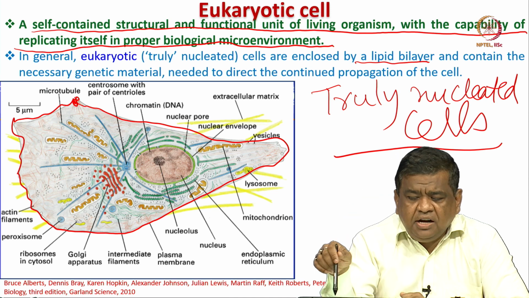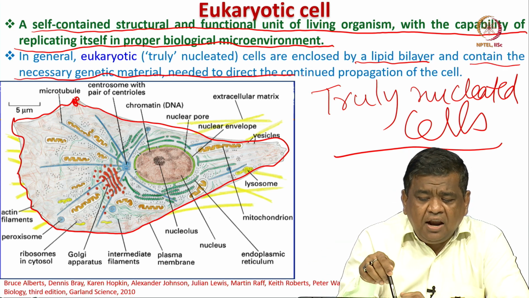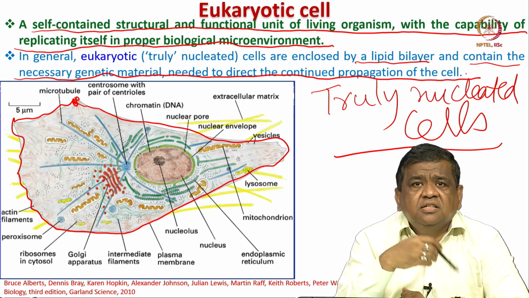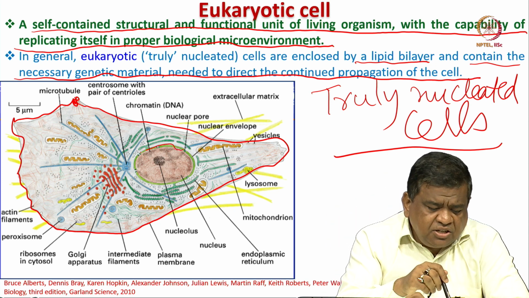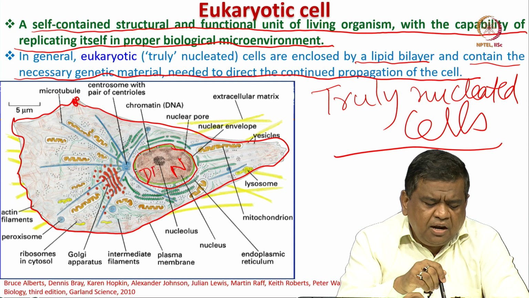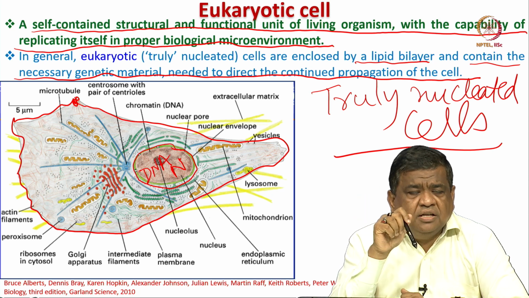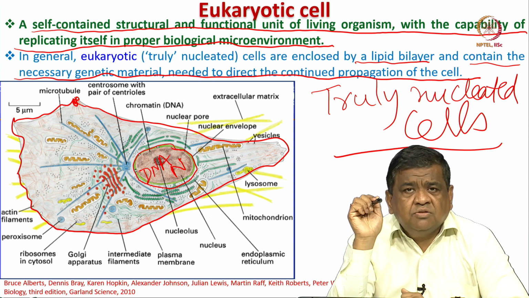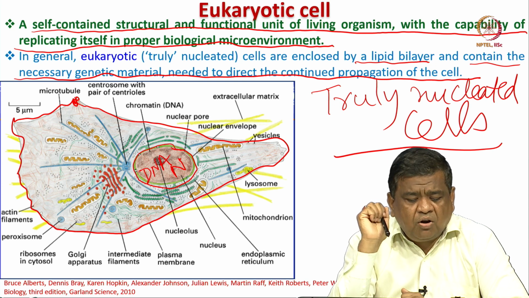Lipid bilayer and contain the necessary genetic material needed to direct the continued propagation of the cells. That means continuous division of the cells, and this genetic material is contained in an organelle called the nucleus. So, you have DNA, deoxyribonucleic acid. And as I told earlier, it is in the nucleus where DNA undergoes transformation to messenger RNA, mRNA, in the process called transcription, and